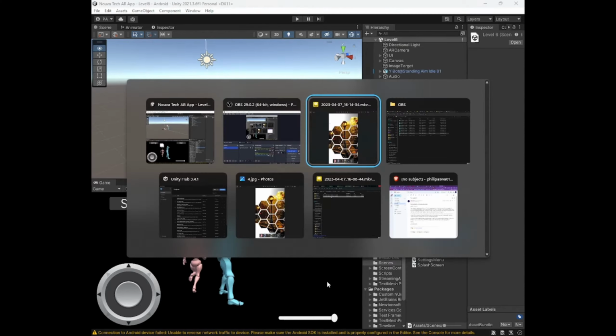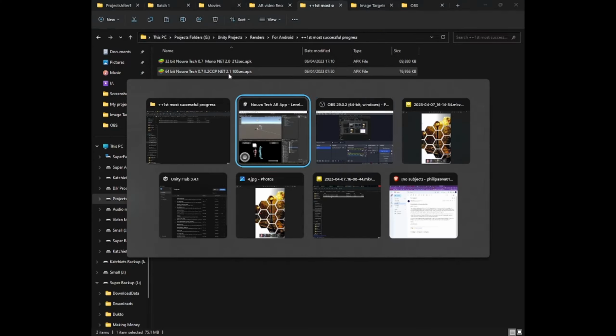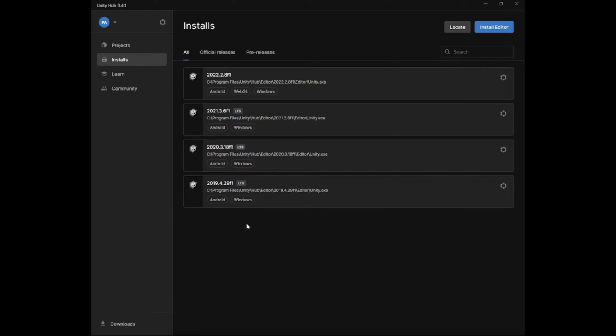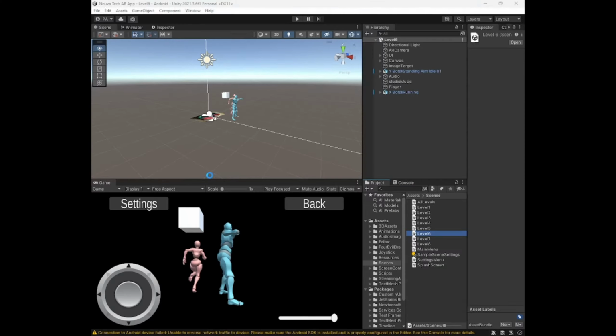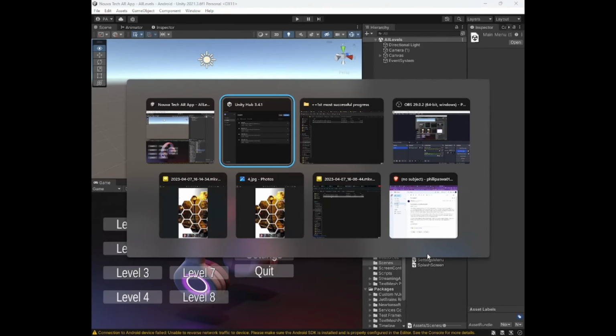Let's begin. I was able to create two versions, one for the 32-bit architecture and another one for the 64-bit architecture. I used Unity for these projects. I downloaded different versions of the Unity editors before I was able to get the most stable ones, 2021 and 2019. With 2021 I was able to create the 64-bit app, and with 2019 I was able to create the 32-bit one. And yes, let's get into the main part and show you the app running.